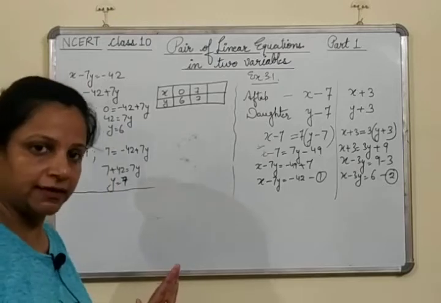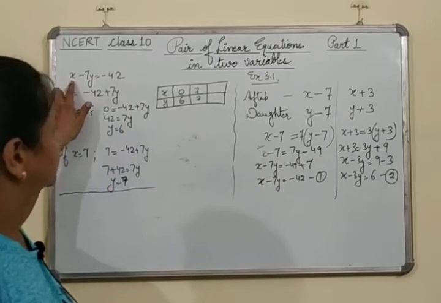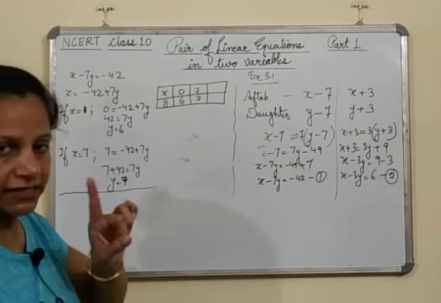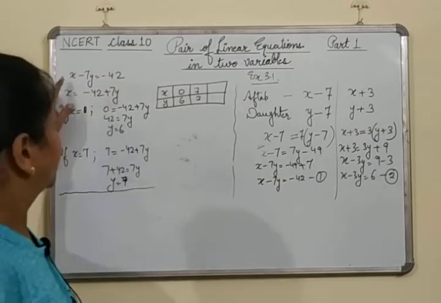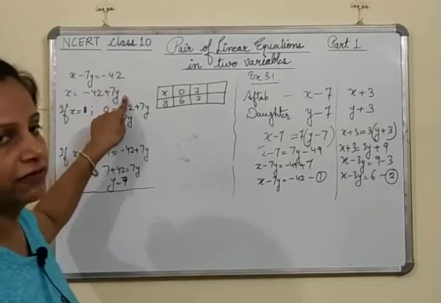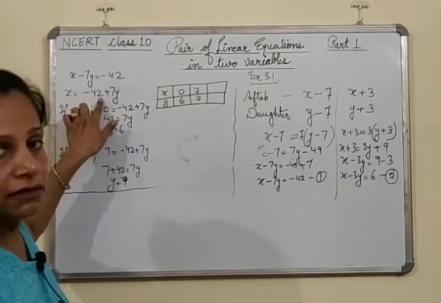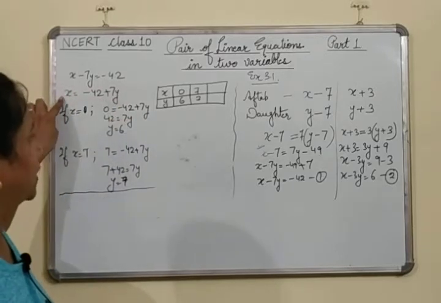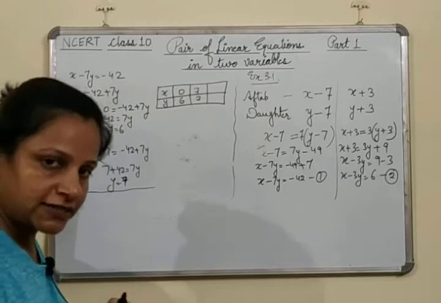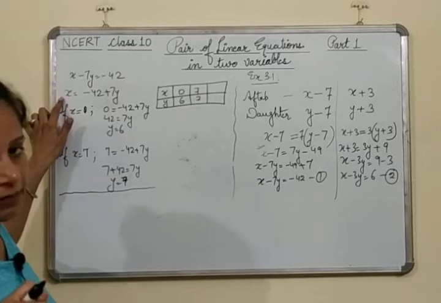Now you are in class 10, 8 में 9 में हम कर चुके हैं. कैसे करना है? x या y में से किसी एक वेरिएबल को सेपरेट कीजिए. I have separated this x over here. That means this 7y will come to this side with a plus sign. Now we have got this expression. अब इसमें आपको क्या करना है? Give the values of x and you will get the values of y. कुछ भी वैल्यूज x को देंगे और कुछ भी वैल्यूज y की हमें मिल जाएंगी.